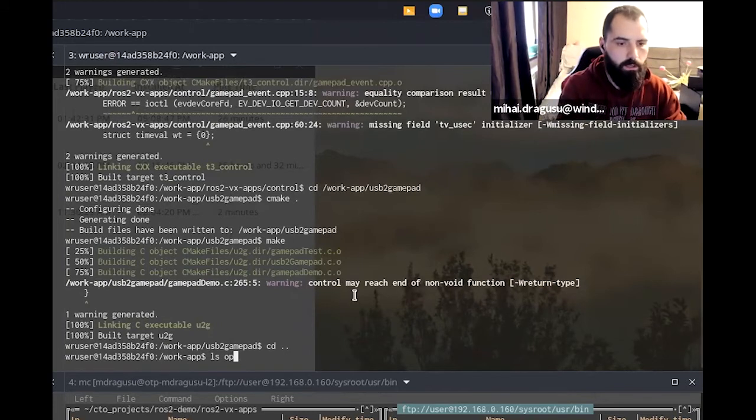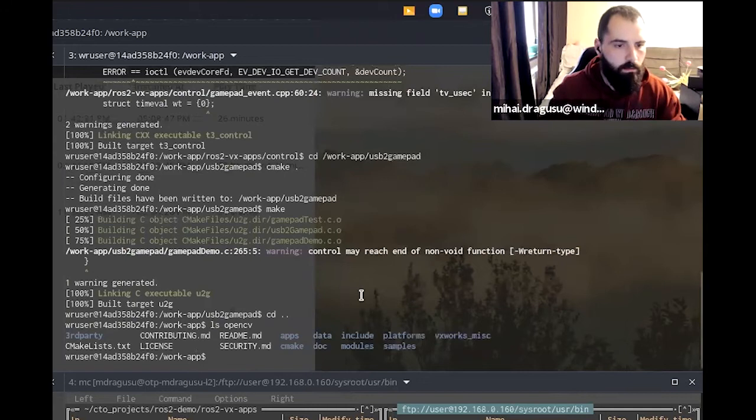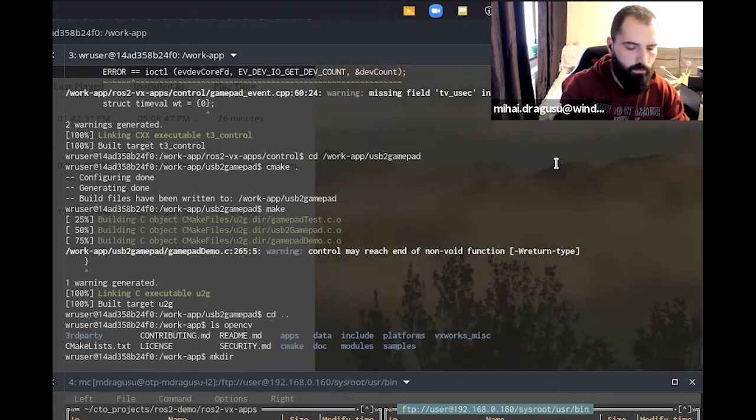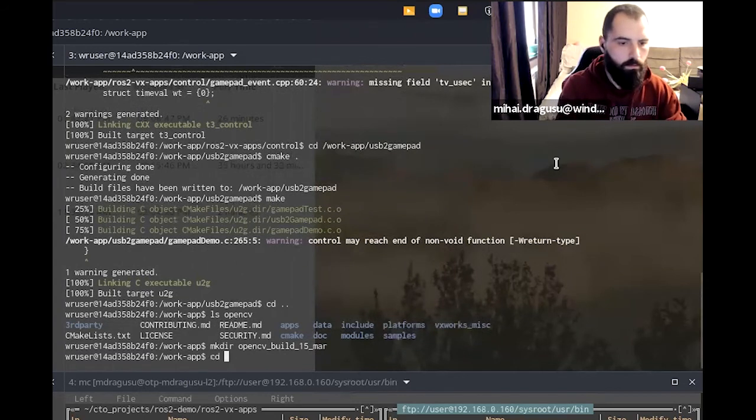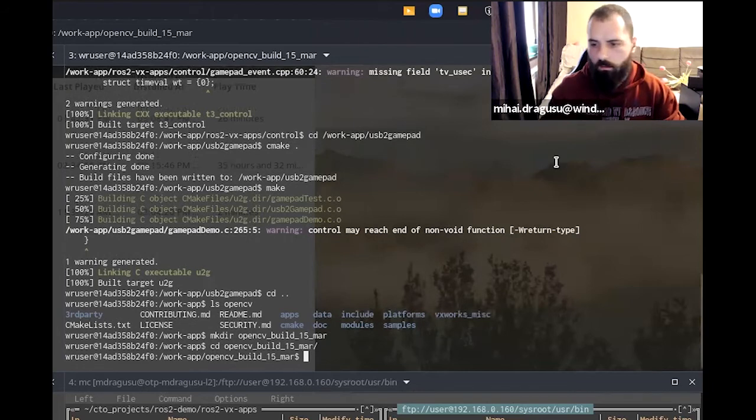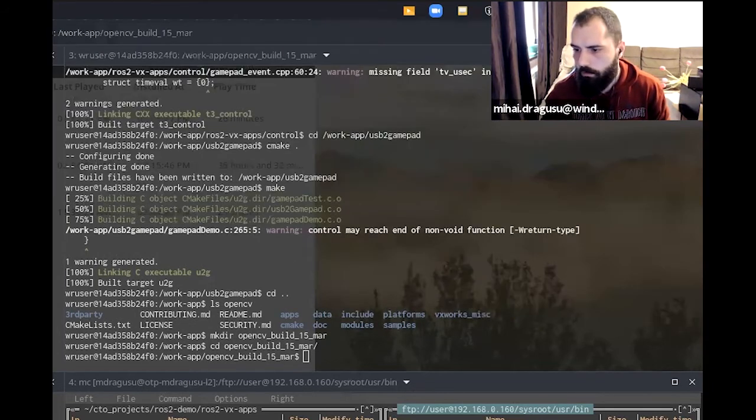So let's see, we have it here, right? Okay, you make a directory build as you would with any normal OpenCV platform. Right, you go into that directory